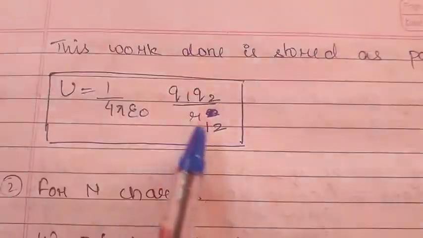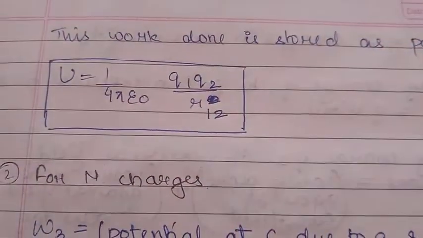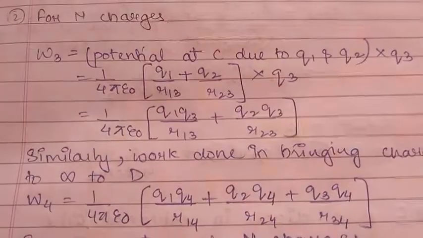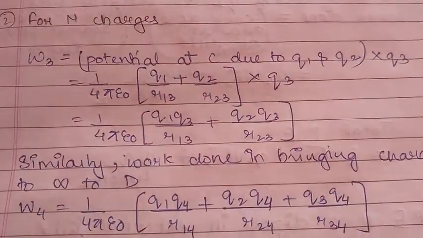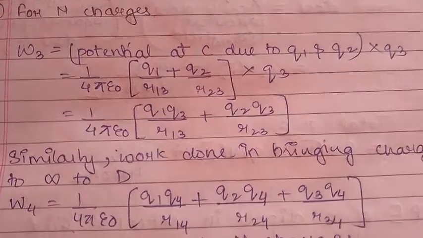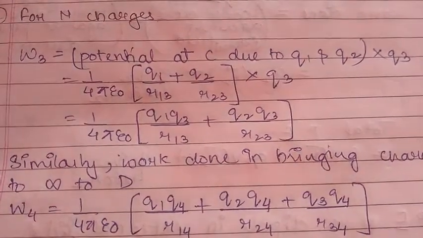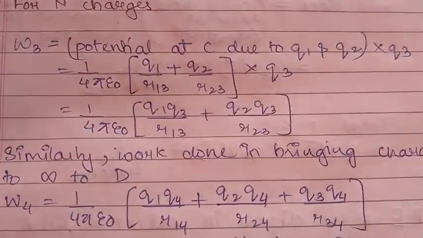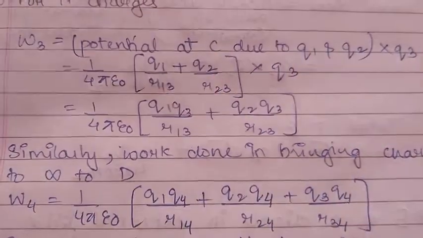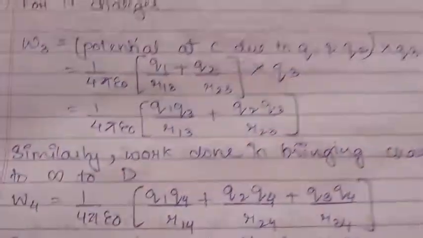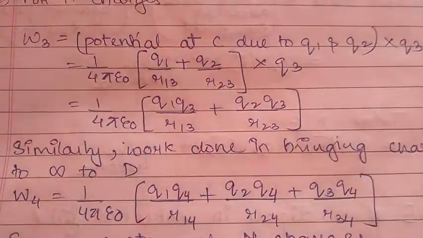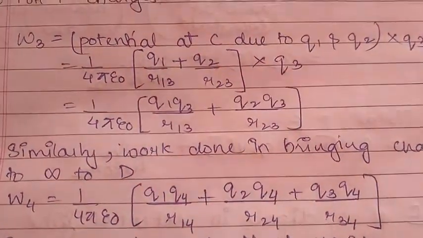So the potential energy for this system of two charges will be 1 upon 4 pi epsilon naught Q1 Q2 by R12. Now this was just a simple system having 2 point charges. Now if you consider n number of charges, initially we had seen that to bring charge Q1 there was no work done because the point was free from any external field. Now Q1 charge is there, Q1 creates its own field. So when you are bringing Q2 at that point, that charge Q2 will face that field. It will have to do some work against that field which we just now saw.